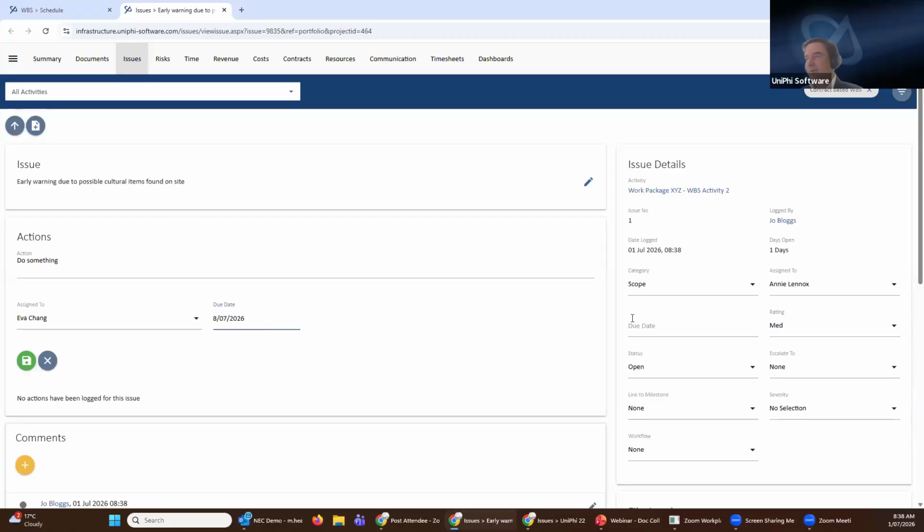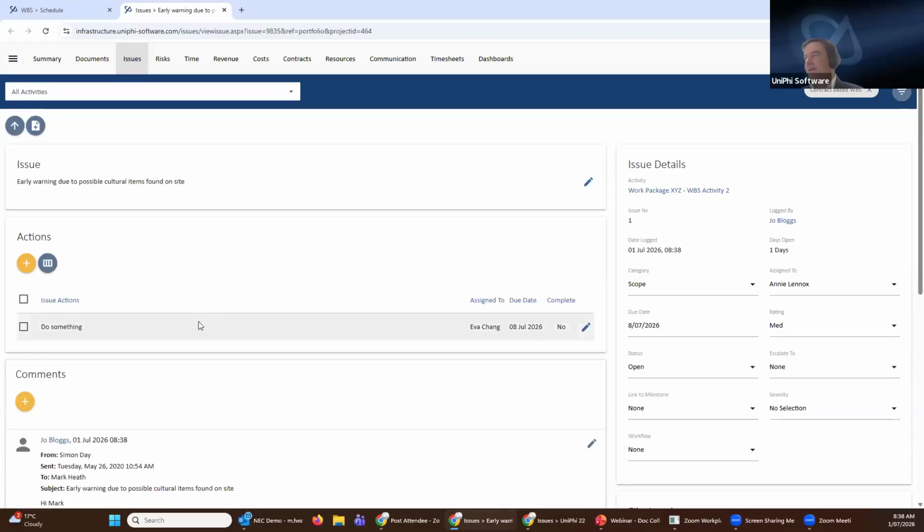And so when I set this due date, I'm not going to get a due date over here. And as I add more actions, if they were later dates, that due date's going to update. And as I start to resolve this out, there's two things I can do to integrate it to the time and to the cost. The first one integrates the time. I can link this to that activity progress.